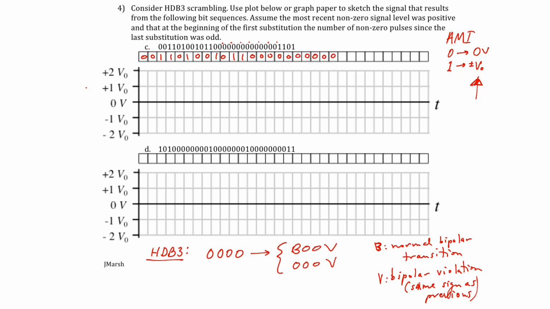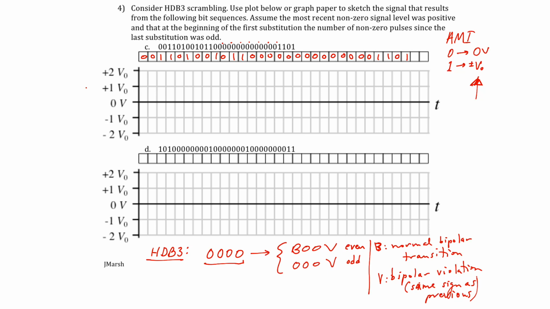And we do the B00V if the number of non-zero voltages since the last substitution, now this is a substitution, when we substitute four zeros, when the number of non-zero voltage pulses since the last substitution is even, we do B00V, and if it were odd, we do 000V. Okay? And so we're assuming that the most recent non-zero pulse was positive, and therefore I'm going to go negative